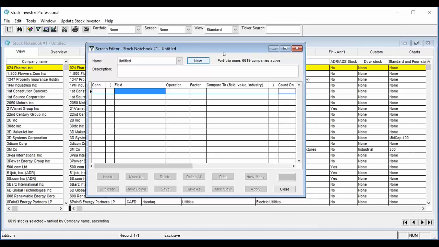screen. Beyond that, one other element to point out is this portfolio element, also at the top of the screen editor. This tells us the active set of companies against which our screen is going to be run. In this case, I currently don't have a portfolio loaded, so we have all of the 6,619 companies that are currently in the Stock Investor Pro database. That's the active set of companies that we'll be screening against. Now, I'll be showing a little bit later where you can also create a portfolio and run screens against that portfolio as well. So for now, we're going to walk through the different elements of the